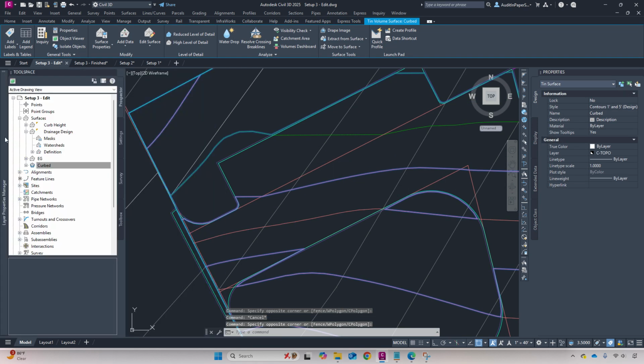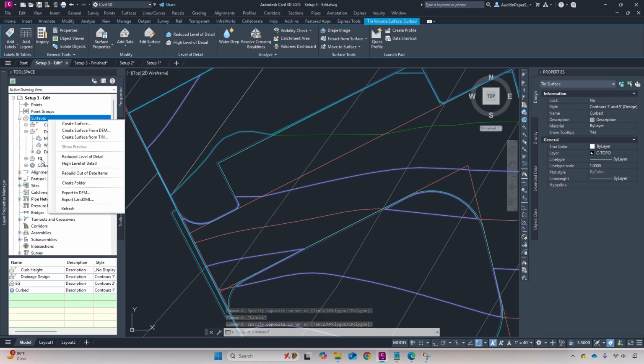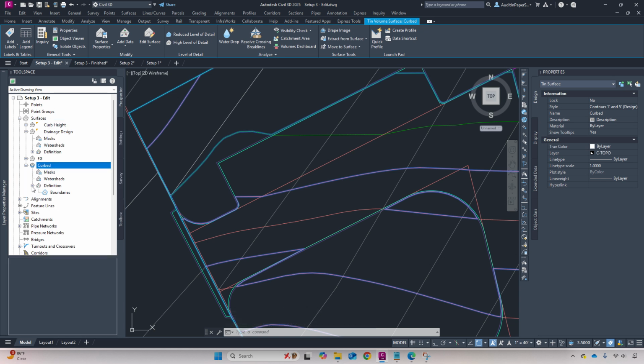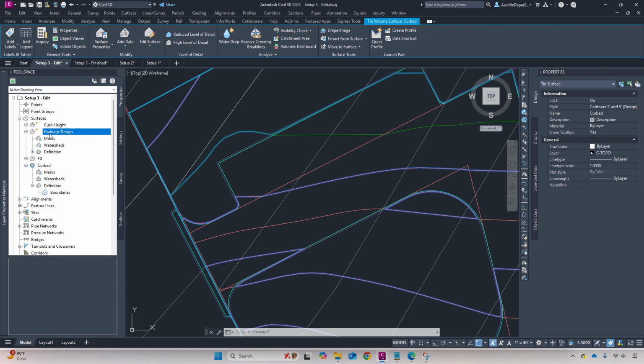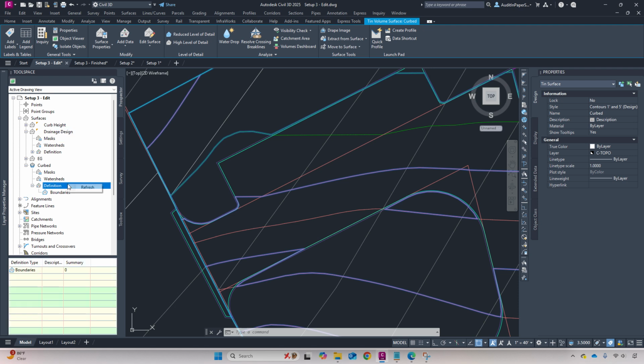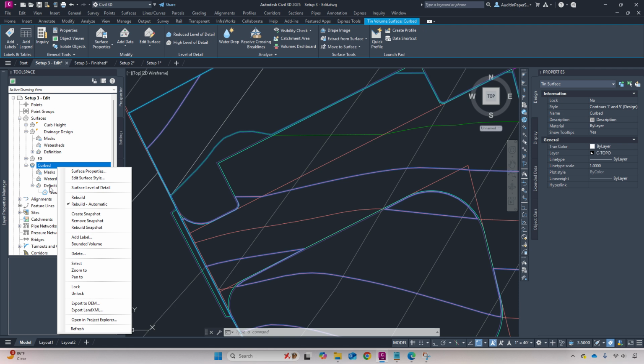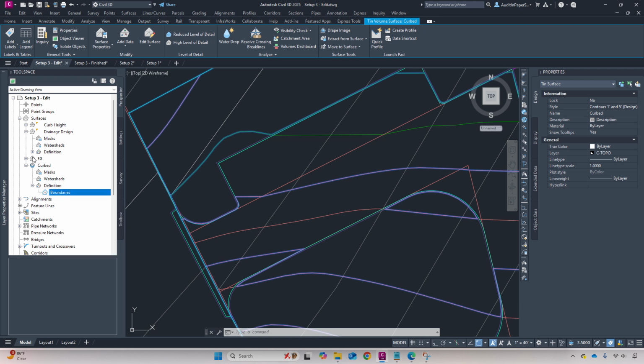I noticed I didn't call this FG. Sometimes you want additional edits to do on this. Exactly what edits I won't talk about, because you want to make sure all your break lines and surface smoothing and whatnot goes on your drainage design. So you're like, well, what would you put on this? That's besides the point. But if you do have any additional edits, notice you can't really do any edits to a volume surface. You can data shortcut it and annotate it and whatnot,